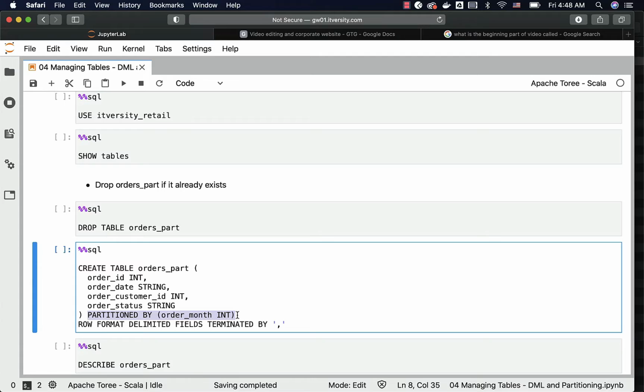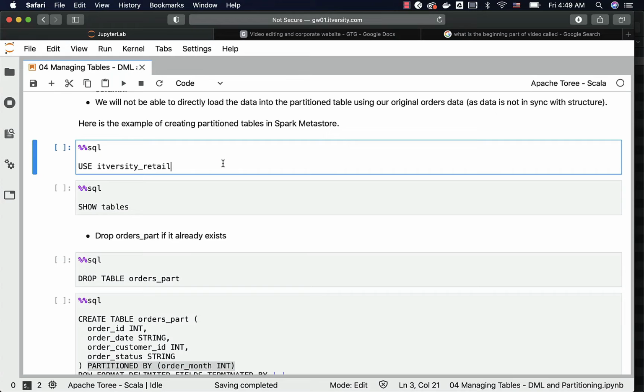Now when it comes to the structure, the data and the table are different. Our source data has only 4 columns, whereas our target table has 5 columns, and hence we will not be able to use the load command directly to load data into this table. Either we have to use a stage table, get the data into the stage table, and then run an insert command to insert into the partition table, or we have to pre-process the files, make sure that files are in sync with the table definition, and then we should be able to use the load command to load the data into the partition table using files. We will see examples for both at a later point in time.